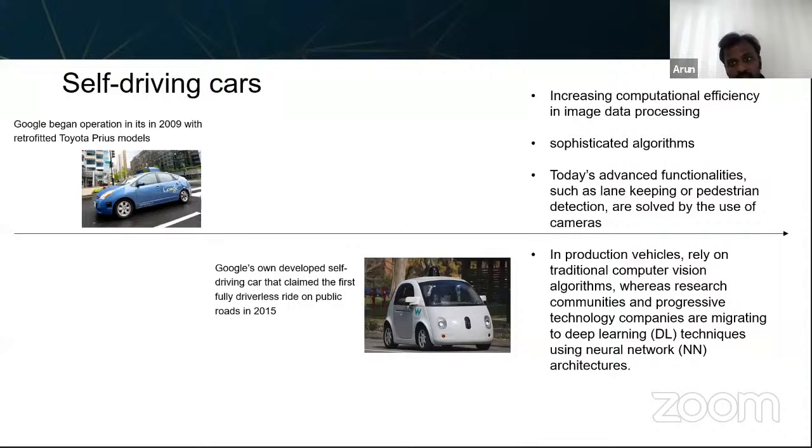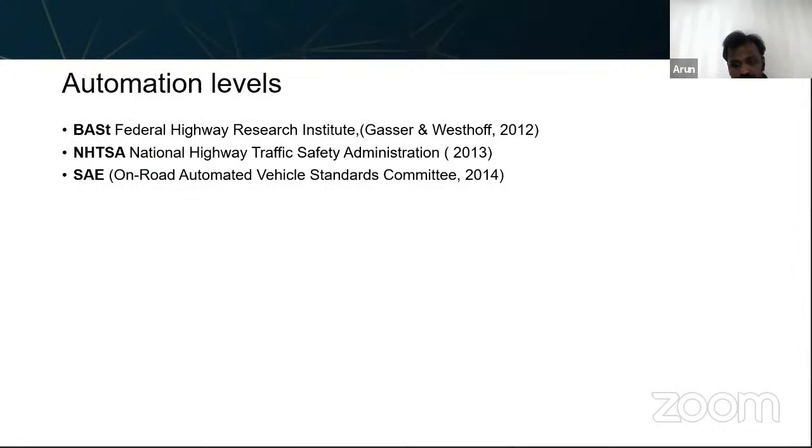And with the current capability of high definition image processing and sophisticated algorithms, I think today's manufacturers are able to provide vehicles with advanced lane keeping and assist features. A good example is Tesla, with their own autopilot features. And of course, many of them are also investigating deeper into neural networks and so on. So that's a quick look at the history, from 1920 till now.